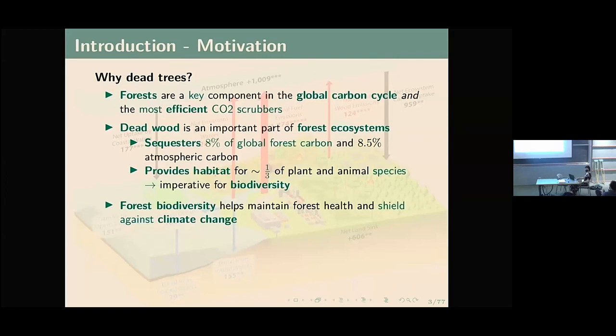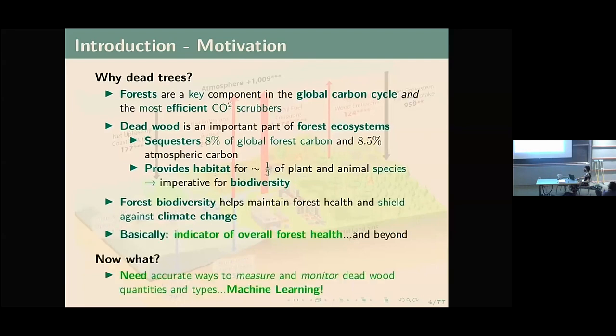tree quantity and type. So just to say, anyone interrupt me at any point, and I think this is too long, so if you want me to speed along with some parts, let's make this interactive. Okay. So,